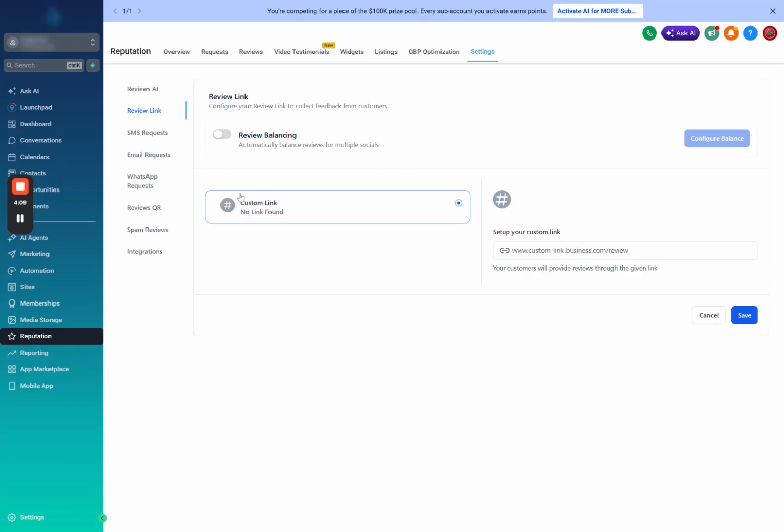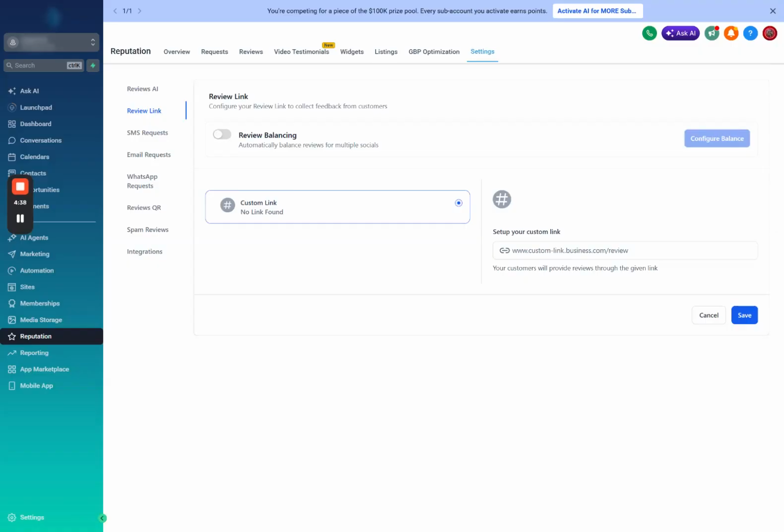It will show your Google Business Profile link here, and if you have Facebook connected, it will also show here. But you can only choose one. It's either a custom link, the Google Business Profile, or the Facebook profile. Okay.